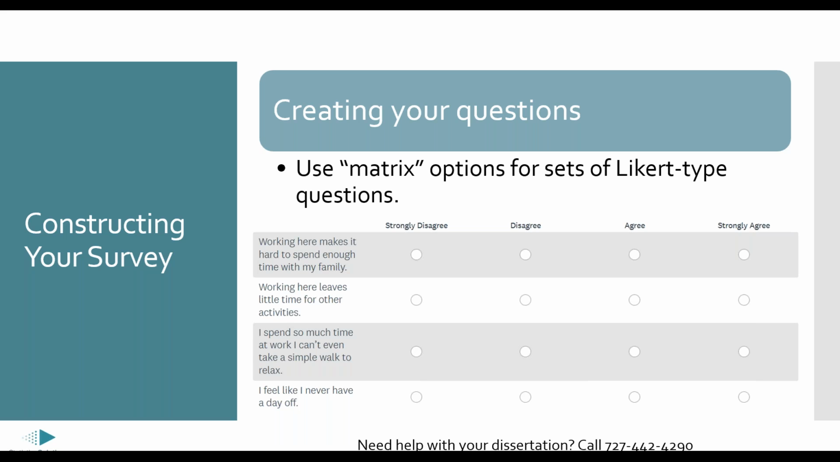And so the next tip now is to use matrix options for sets of Likert type questions. So in most quantitative survey instruments, they usually consist of sets of Likert type questions where maybe it's 10 items and they're rated on a scale from strongly disagree to strongly agree. If you have questions in this format and you have sets of Likert items that use the same scale,